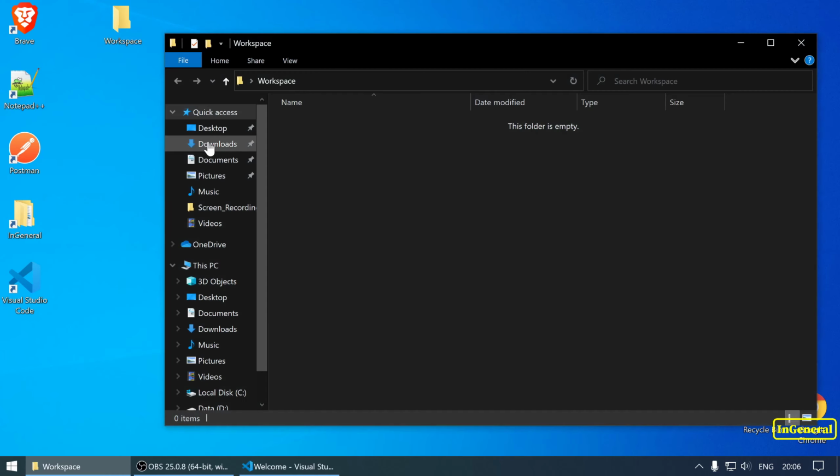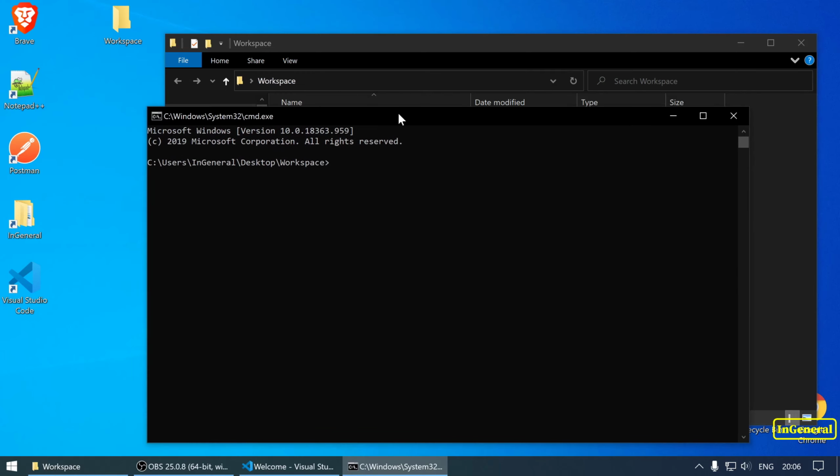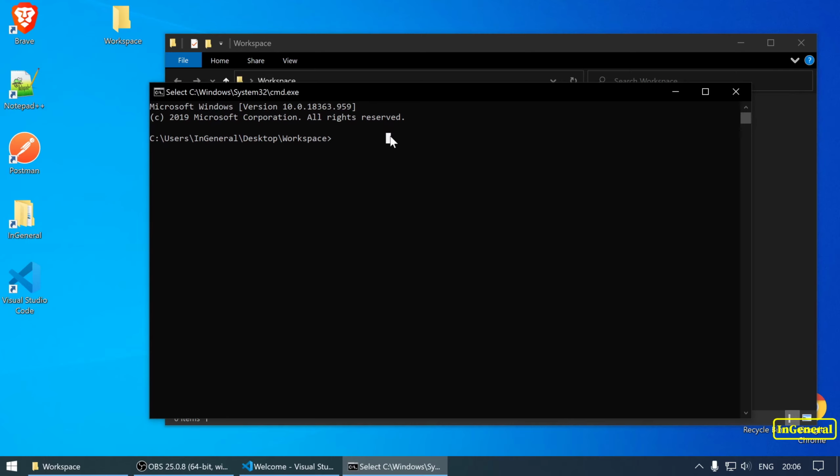And let's go inside the workspace, and in the file path I'm typing in cmd and pressing enter. That will open up a command prompt in the same location. Now we are going to type in npx. Remember, this is not npm, this is npx,